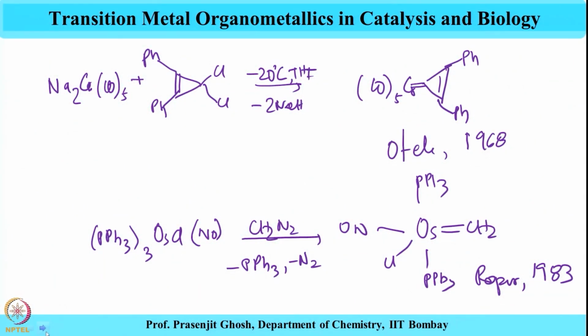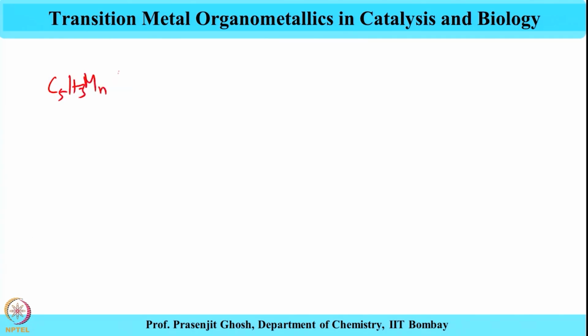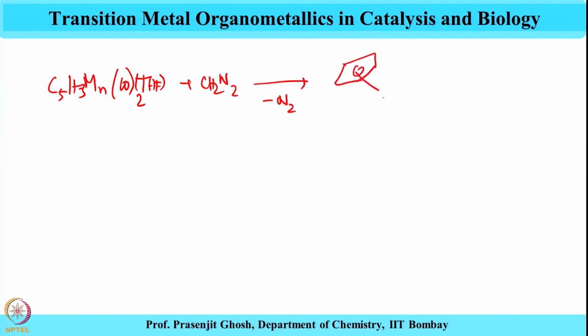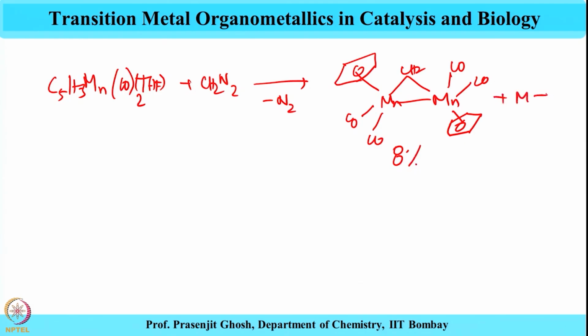Another interesting one is discussed here, in which the reaction of C5H5 Mn(CO)2 THF in the presence of diazomethane eliminates a molecule of dinitrogen to give this dimer with bridging CH2 in 8% yield, plus the metal-bound olefin in 92% yield. This was reported by Herrmann in 1975,